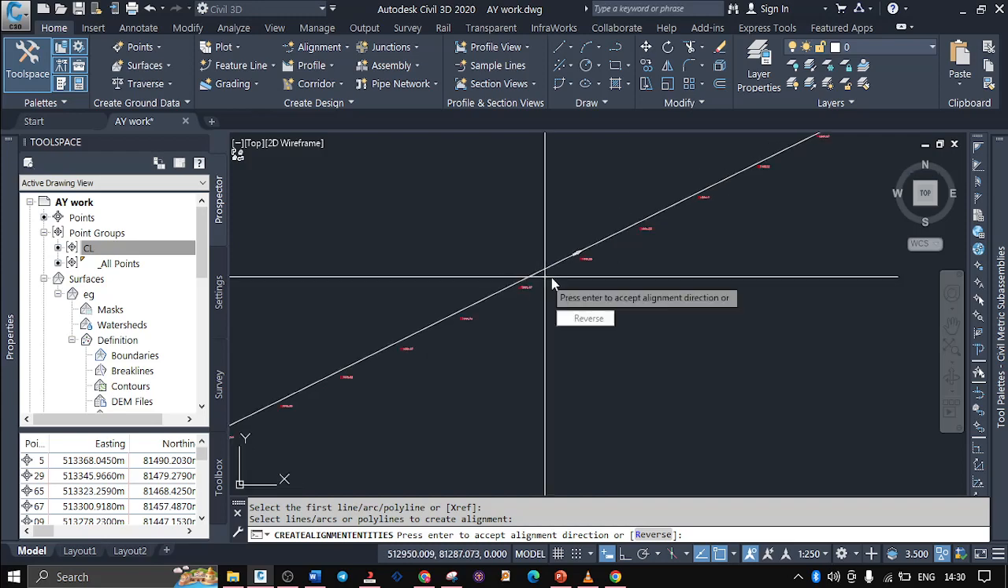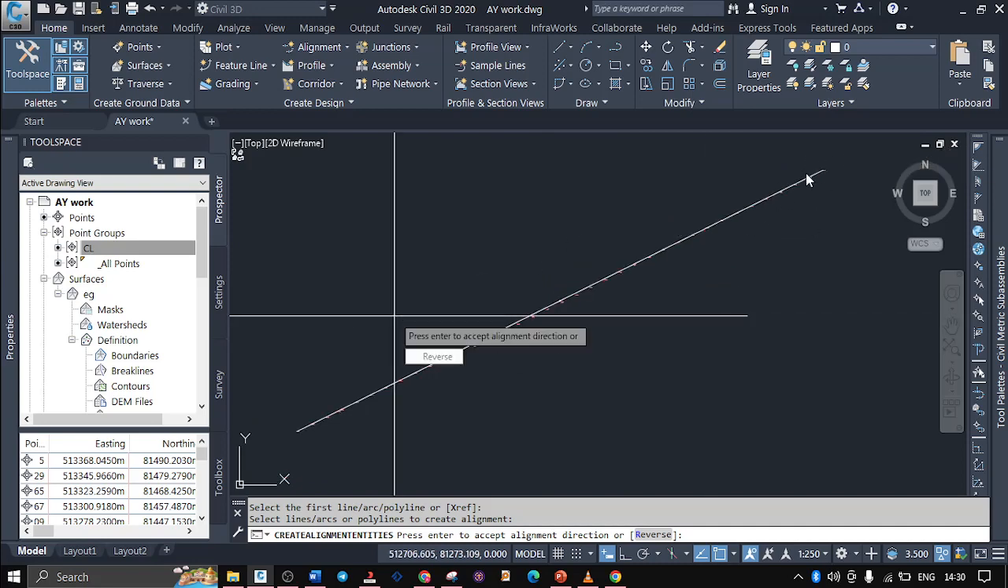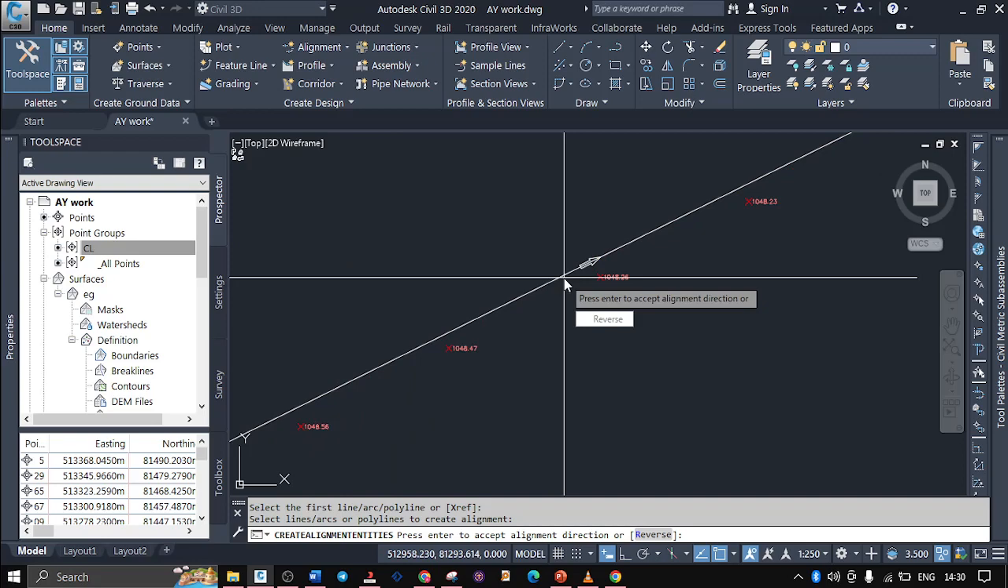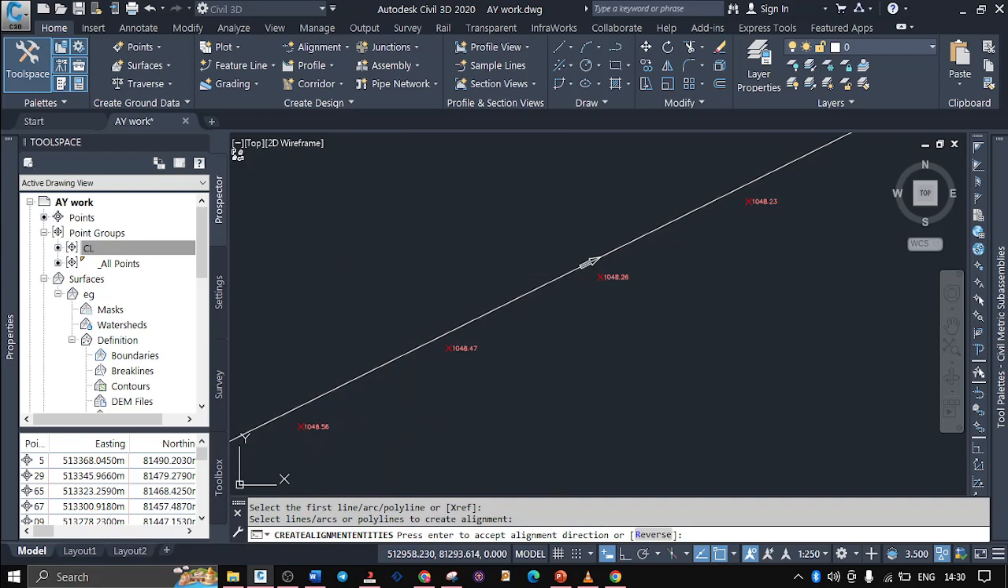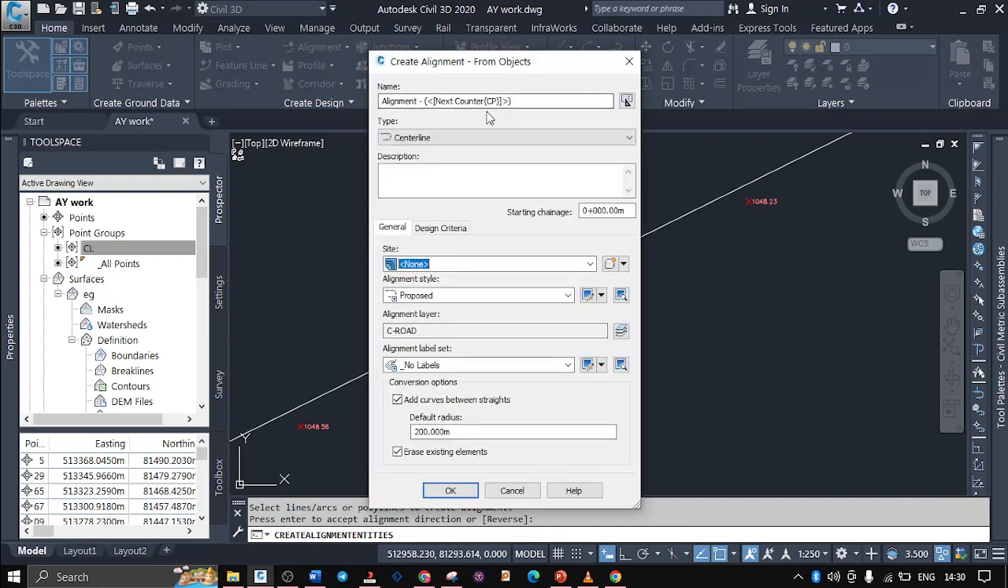When we reverse, this arrow is going to go this side. It means that if we reverse, our 0.00, the start of the alignment, is going to be this side. But if we keep the current direction of Civil 3D, our 0.00 is going to be this side. So if we keep the direction in that sense, we are going to press enter. After pressing enter, we are greeted by this dialog box,